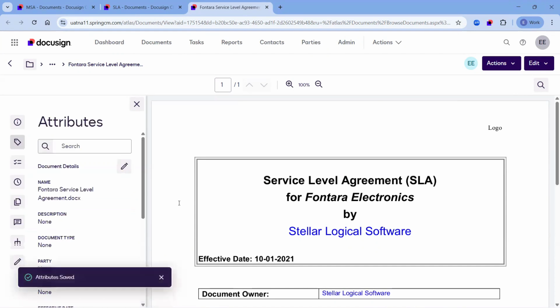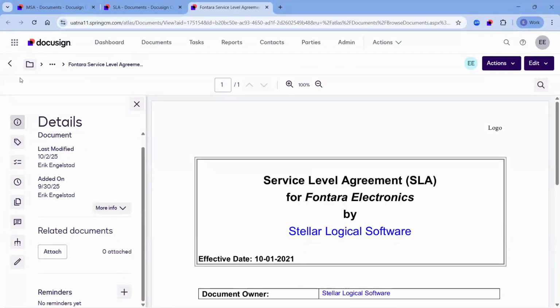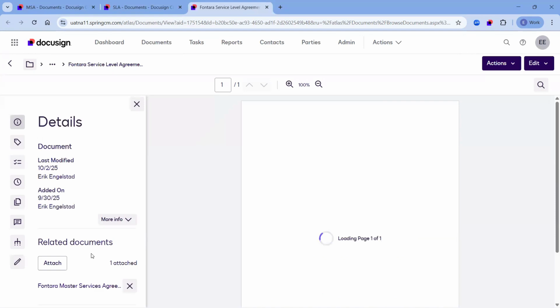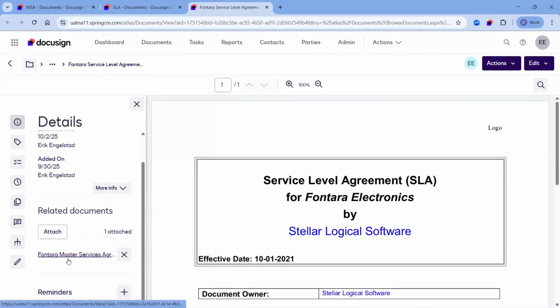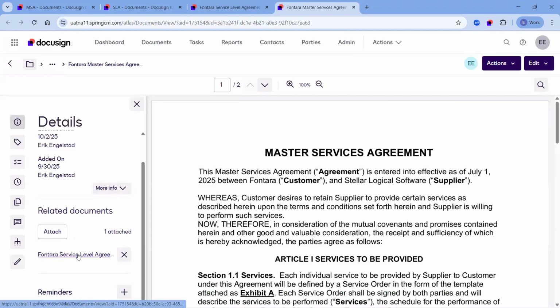So now that I've established the relationship, we should see inside of the information button, once I refresh my screen, that related document appearing, the MSA to which we applied that other attribute group with the same values in those fields containing the same name. So here we have the master service agreement. And vice versa, if I open up the master service agreement, it will bring up the SLA as a relationship.